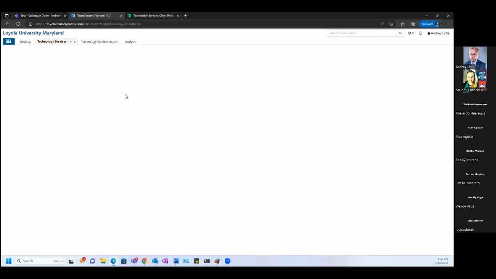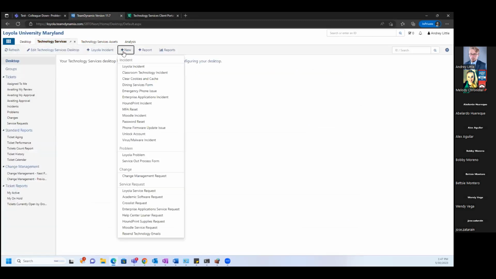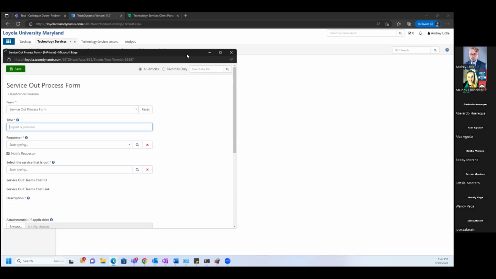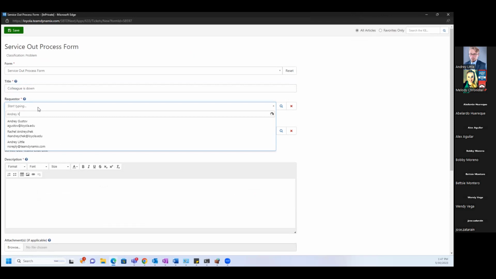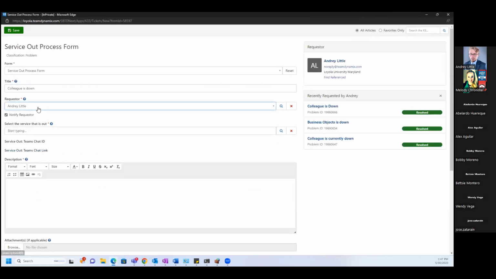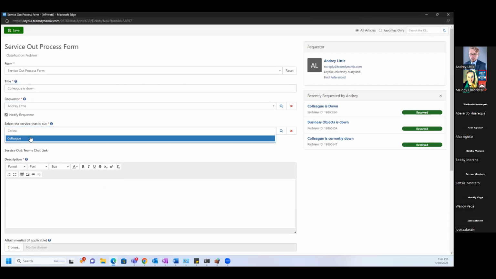Essentially, somebody would come in and then a service would be down. And once again, part of this could be automated. It doesn't have to be ticket triggered. But they come in here, and we could say, I'll just use the example of Colleague is down. And then I'll put myself as a requester. And then I'll specifically select the service that's down, Colleague. And then I can add a description, Colleague